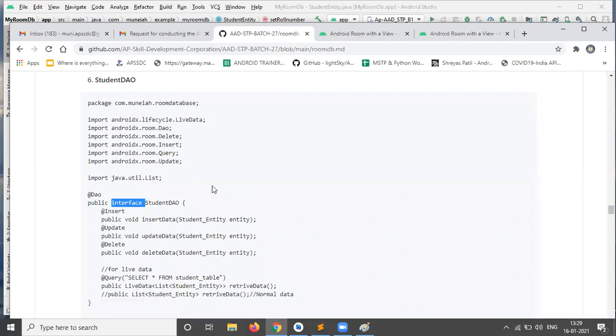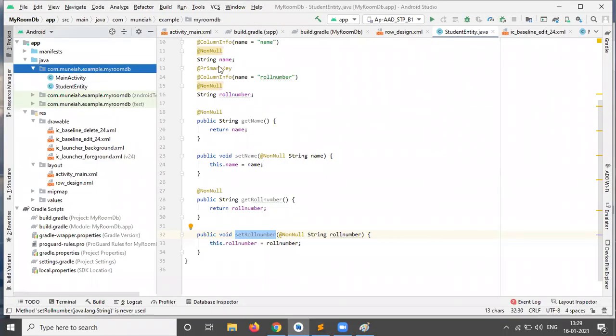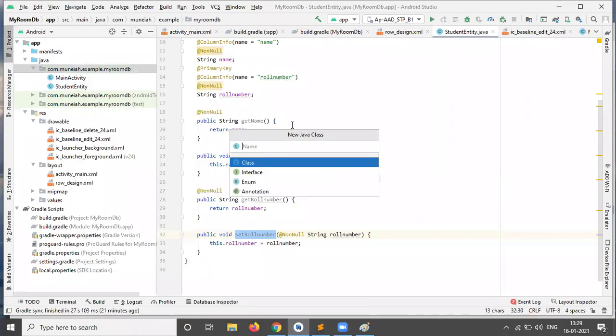The next thing, we need to create one interface. Come to Android Studio, in the Java first package, go for new Java class.